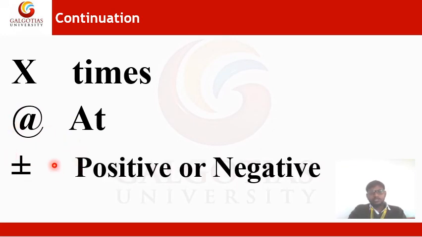And next one, positive or negative, plus or minus. When you use positive or negative, the patient report is mostly confused. When you perform the test, it gives either positive or negative, like a light reaction. Mostly this happens in card tests, like dengue, typhoid, HIV, HBsAg. At that time you have to give the positive or negative report, or you can suggest higher studies. For example, for the HIV rapid test, if it is positive or negative, you have to finalize it by the Western blot technique.